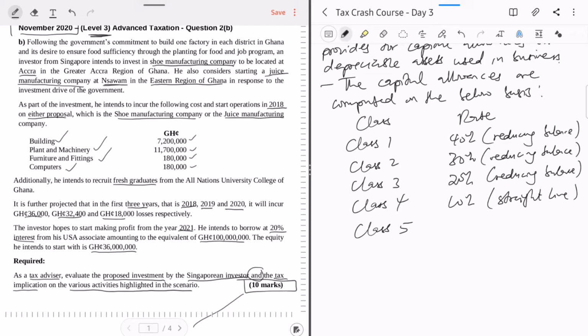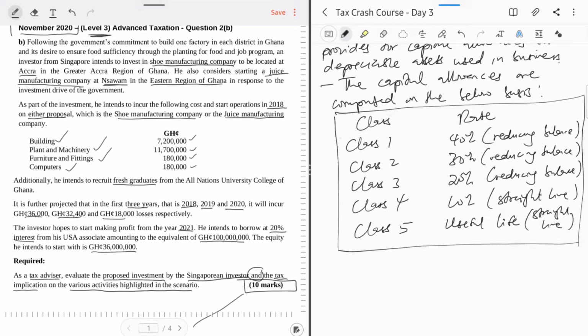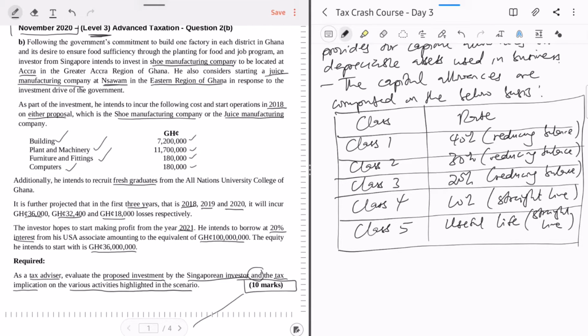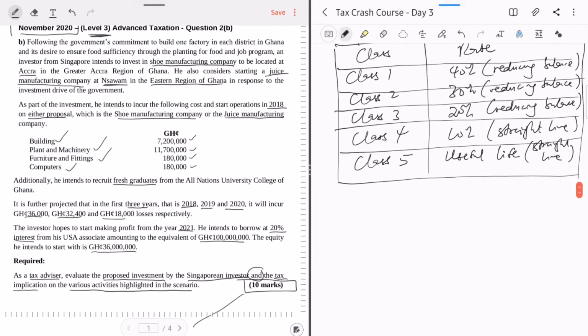Then class 5 is divided by the useful life. Obviously, it's also on a straight line basis, right? So this is our table. You don't need to give them the details. You tell them that there are 5 pools or 5 classes, and each one has its own special rates. Now that you've done this, you can apply the rates you have given here to the question. So we'll say that